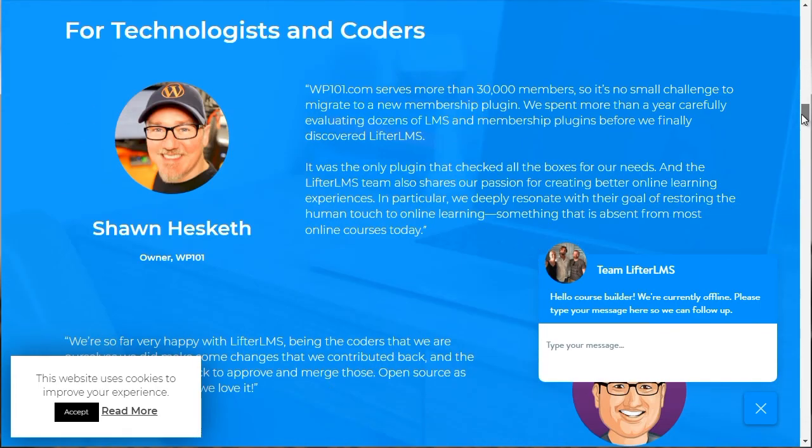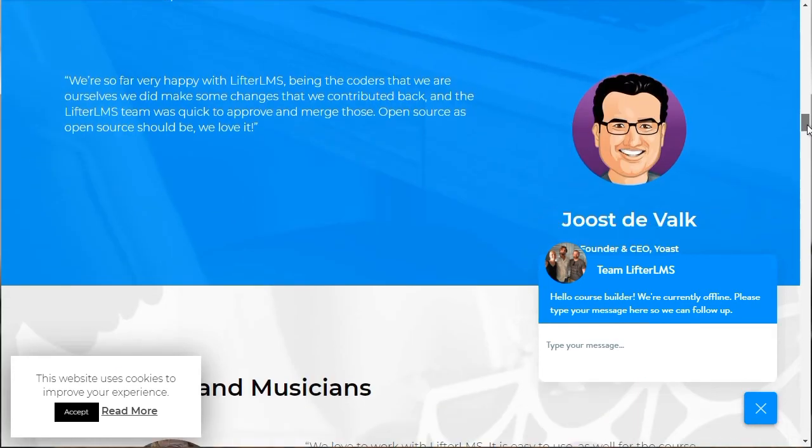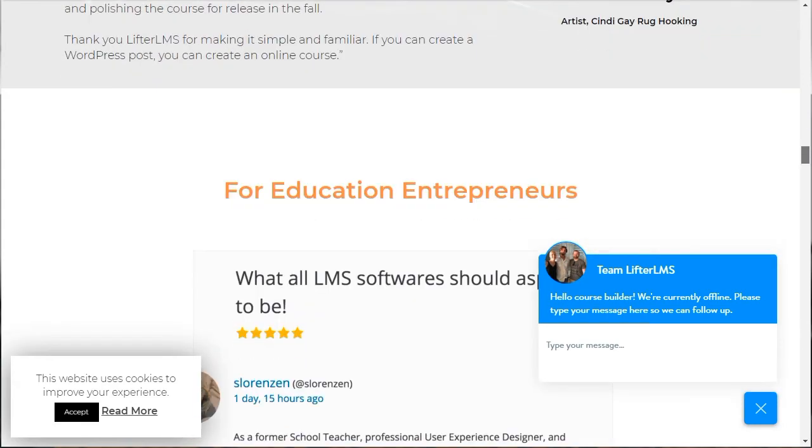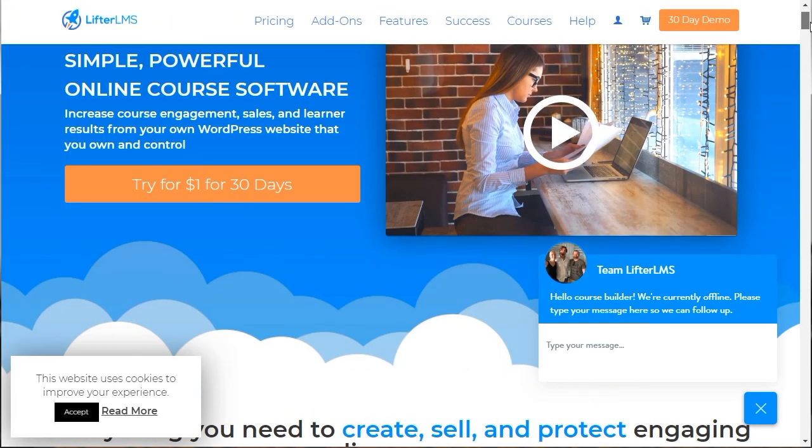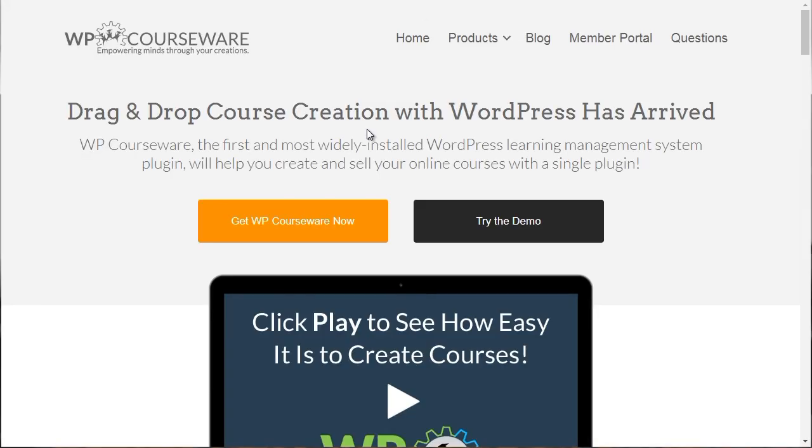And like I said, what I recommend that you do is jot down what your vision is, or what the elements and the features are that you will need. So that's one. That's the second one. The third one is called WP Courseware, and you can get here by going to flyplugins.com/WP-courseware,